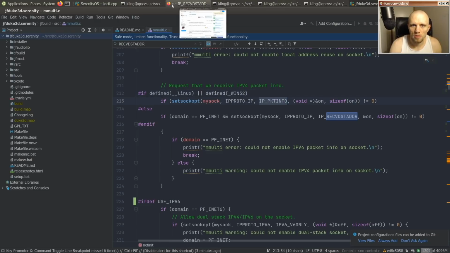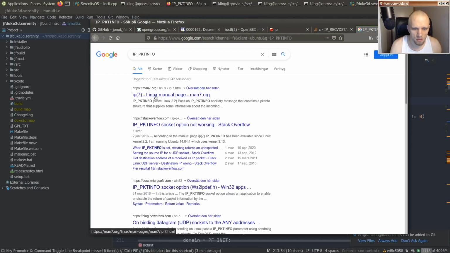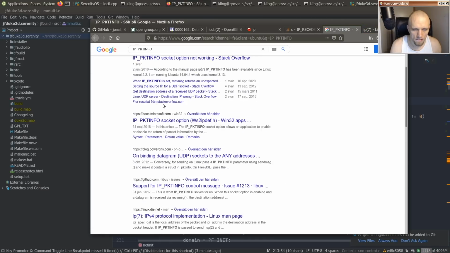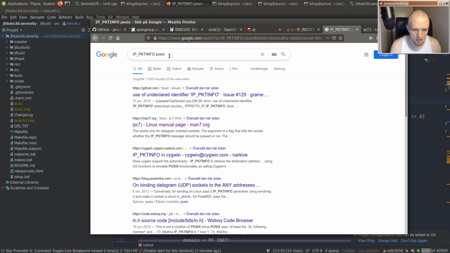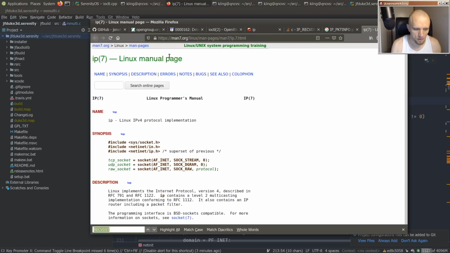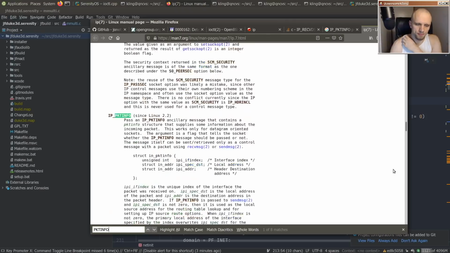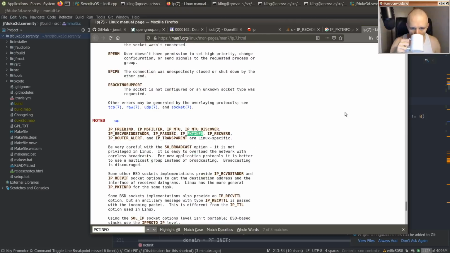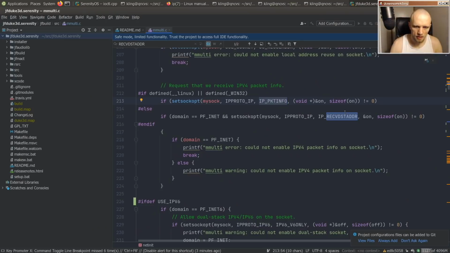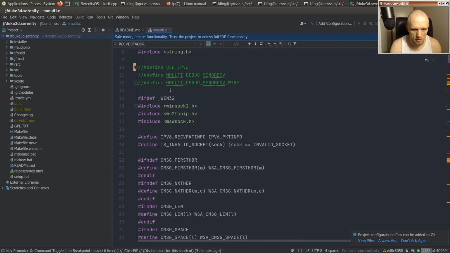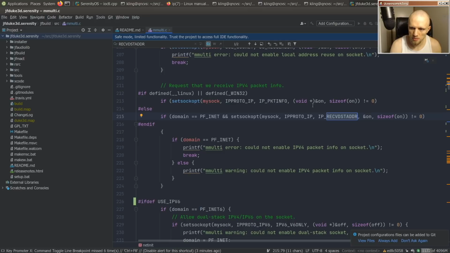So let's look this thing up then. What is IP packet info? Is that POSIX? Probably not POSIX. They are Linux specific. Right. Interesting then that they are available with Win32. I wonder, I don't know what that's about. It's interesting. So I guess what we could do here is just,